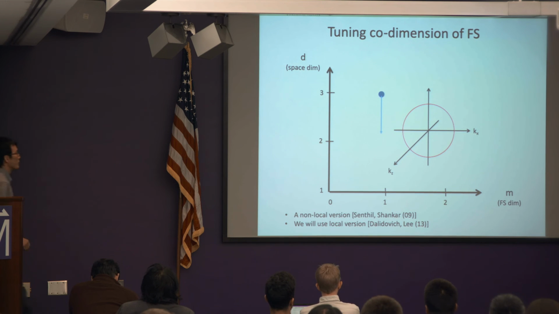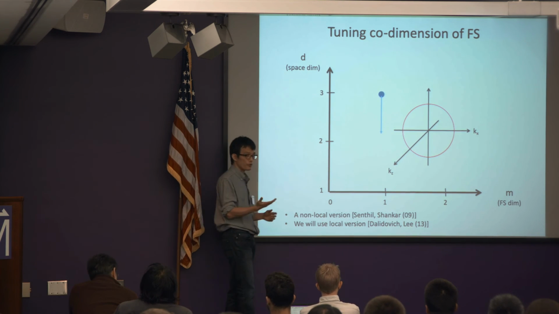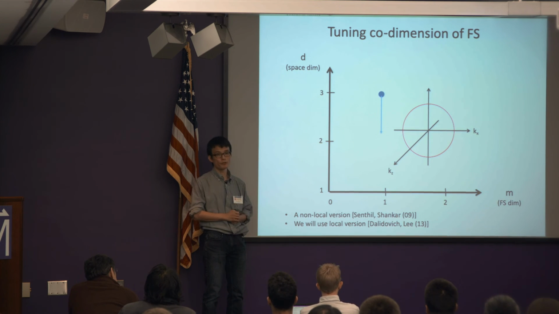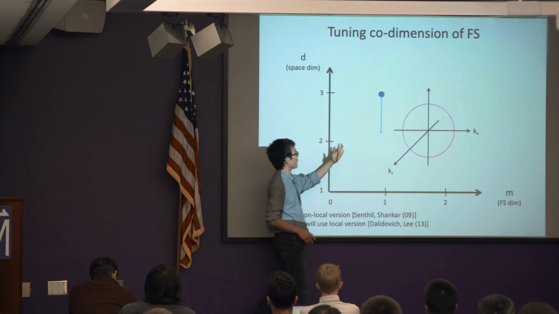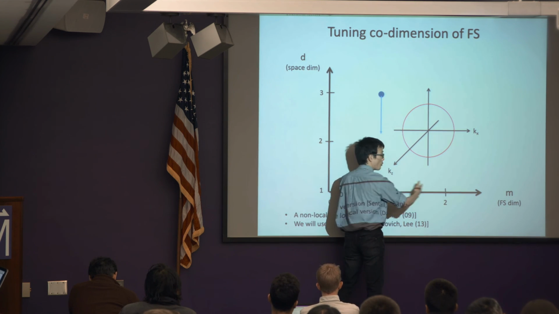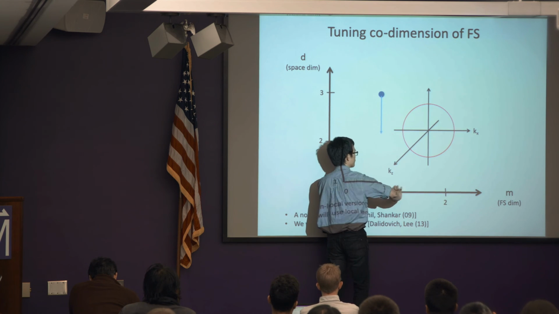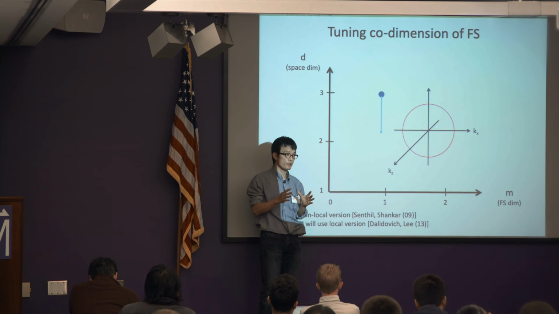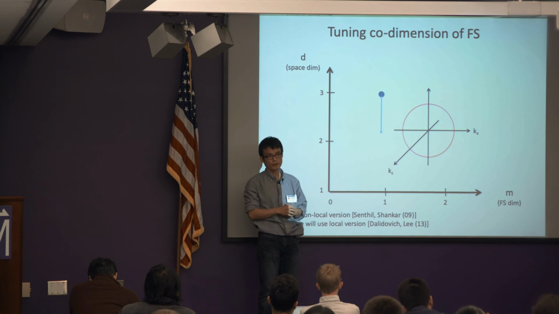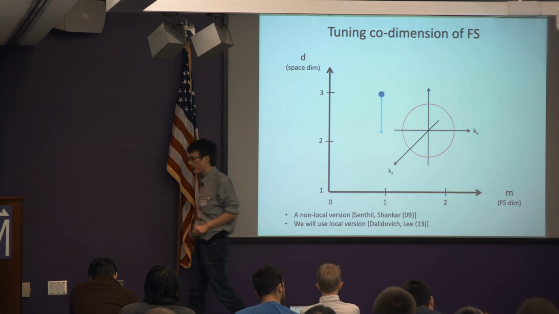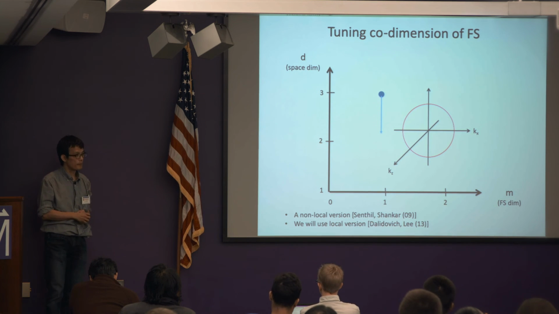Okay, so one method that avoids this UV-IR mixing is to tune the codimension of the Fermi surface. So now you go vertically. Because you have a UV-IR mixing for m greater than 1, you don't want to go to this region, so you move vertically. So you can now keep the dimension of the Fermi surface to be 1, and then change the embedding dimension of space. Okay? For example, if you go vertically, that point represents the line node embedded in three-dimensional